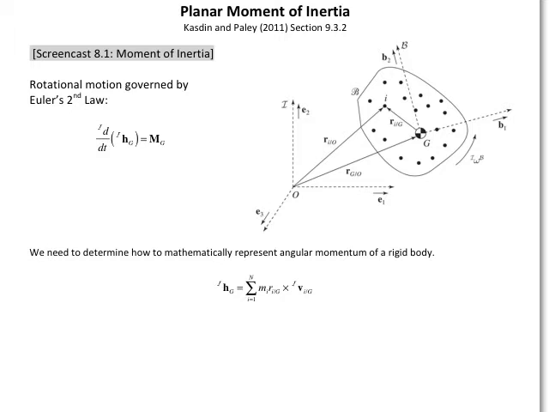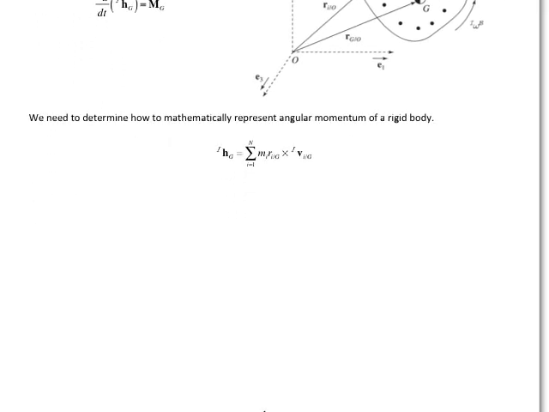So to do that, we'll begin with our expression for our series of particles, which we said is the summation of the mass multiplied times the cross product of the position vector to each of the particles with the velocity as observed in the inertial reference frame of each individual particle. So first we'll rewrite the inertial velocity with respect to the center of mass in terms of an observation made on the body. So if we observe the inertial velocity with respect to center of mass on the body, then we need to transport this using our omega of the body frame with respect to the inertial reference frame